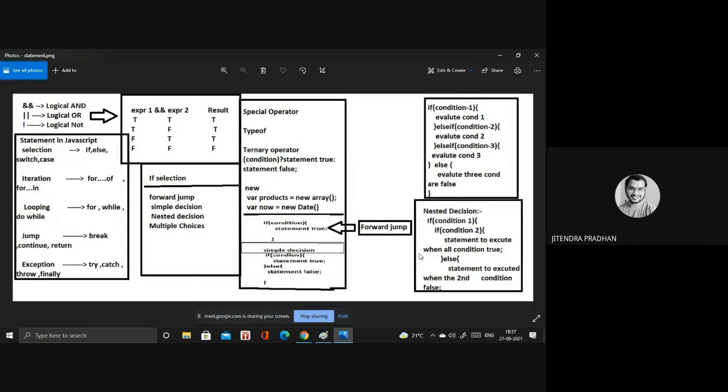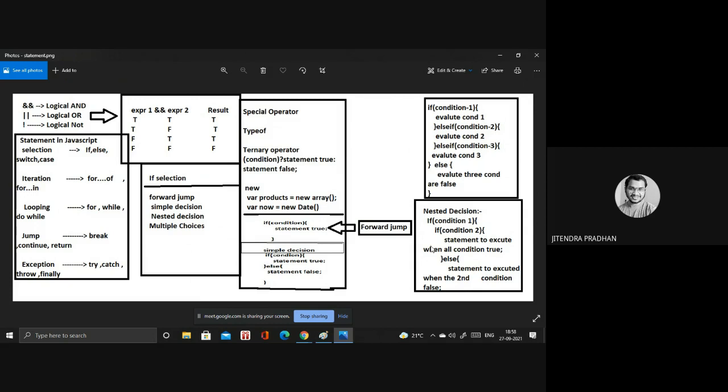What is the next decision? Next, we go to the multiple choice decision. In the multiple choice decision, we use if else. If we have multiple conditions, say 10 conditions, and the first condition is true, I want to go to the second condition.